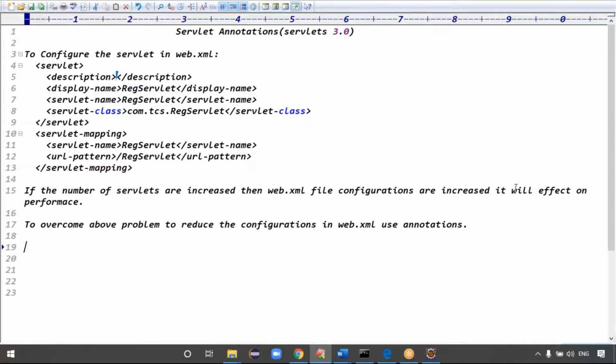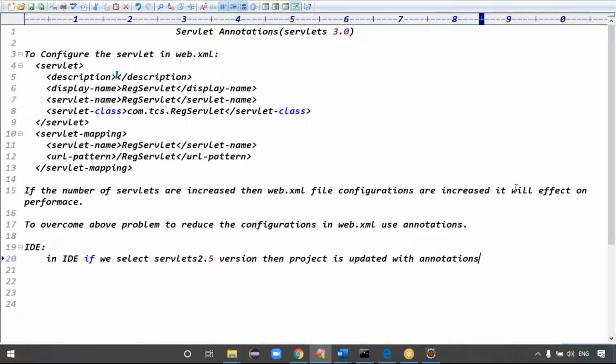Exactly. Guys, in the Eclipse IDE, if we select the Servlets 2.5 version, then our project is updated with what?